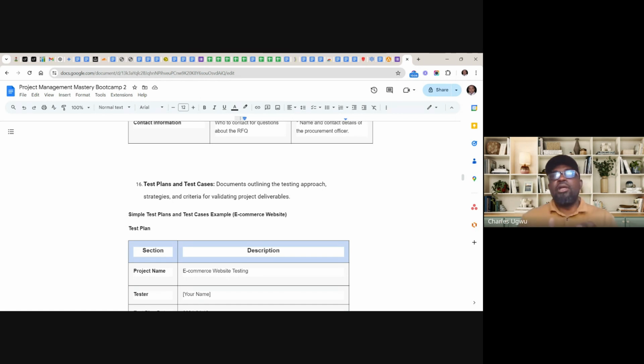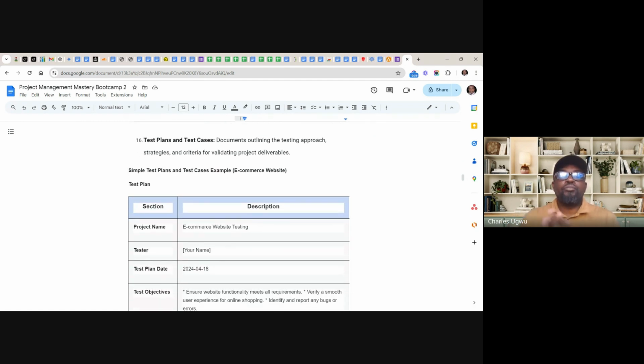I know a lot of people are going to be applying their knowledge not only in software development or IT, although most of the things we are talking about in our project here are really IT projects. But having knowledge of other areas is very important as well, because a project manager is a project manager. But let's look at what we have here. We have a test plan and test cases example, and the one we are going to use is for an e-commerce